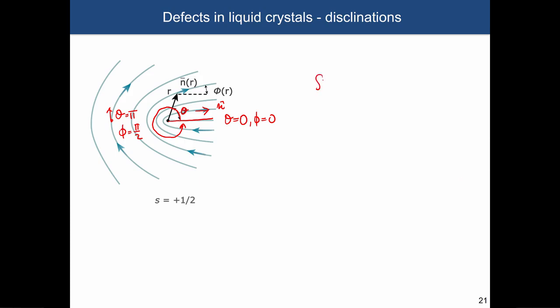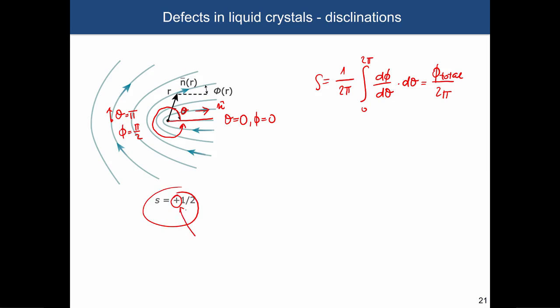The strength of a disclination is then defined as 1/2 pi times the integral from 0 to 2 pi of d phi over d theta times d theta. So we are integrating over the circle itself, which is simply equal to the total change in the director over 2 pi. If you look at this particular case,